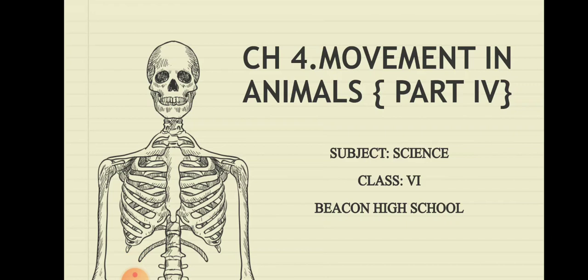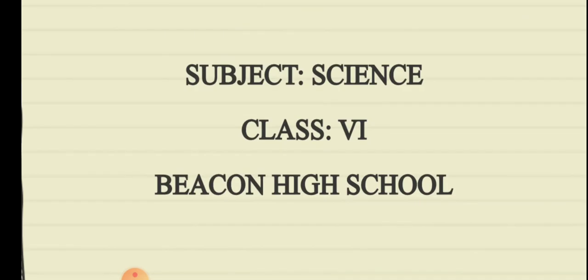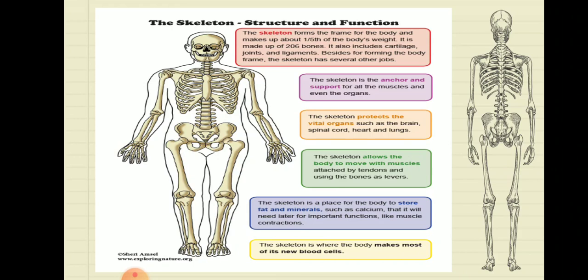Hello, so we'll move further with the next part of our chapter, that's movement in animals. Now we'll see the different parts of the skeleton. Now the skeleton, its structure and function. There are different parts in the skeleton which protect. We have already seen the function of the skeleton, that it protects the internal delicate organs which need to be protected from outer shocks that we mostly get due to accidents or even while we are walking.